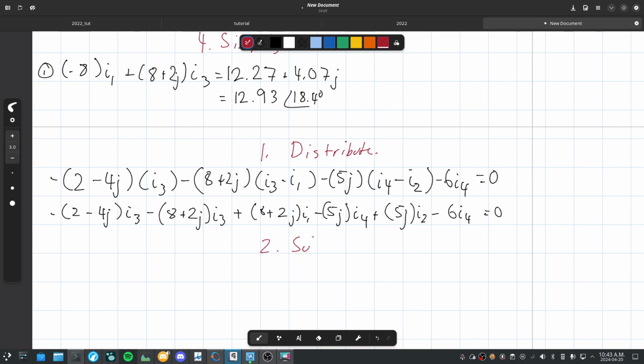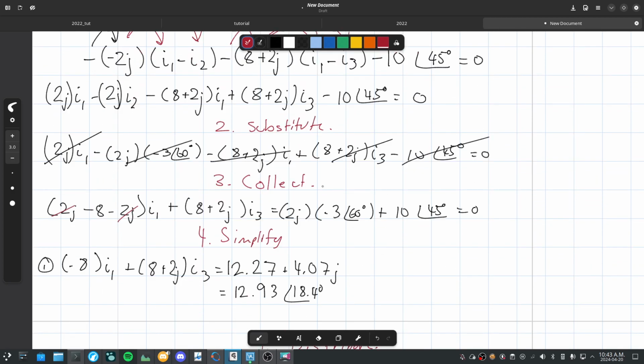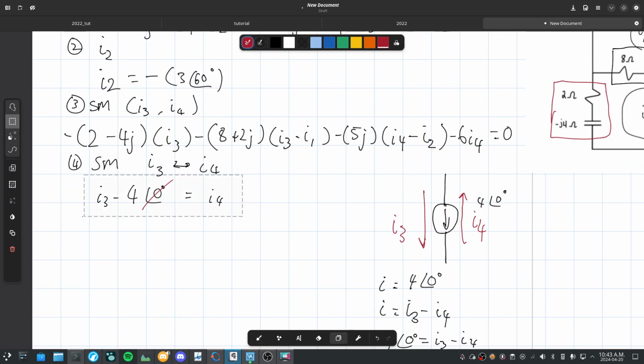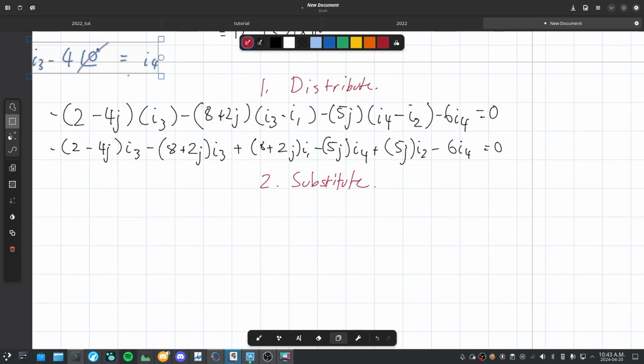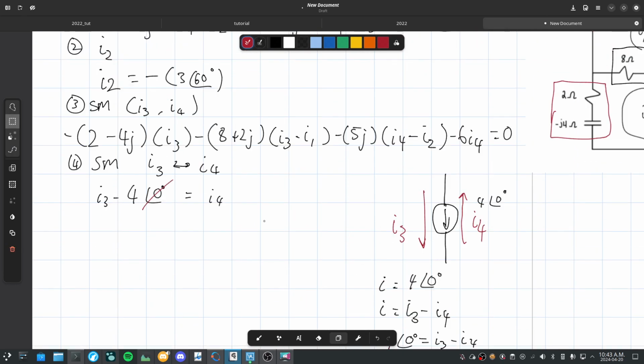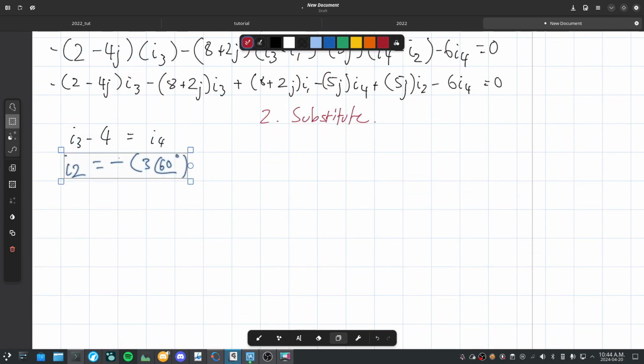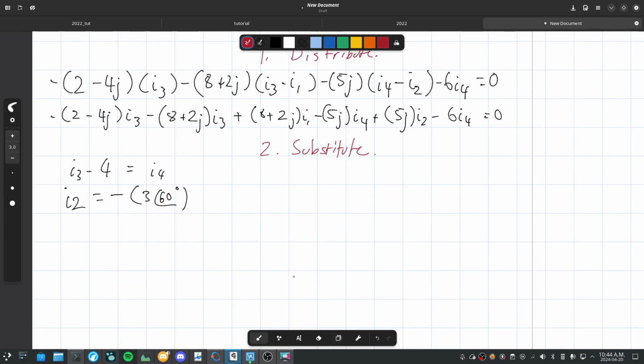Second, substitute. So what do we have here? This. Let's copy this down. We also, do we have I2? We do have I2, so we're going to have to substitute that in as well. Let's grab our I2 here, copy, paste. So these are our 2 substitutions. So the I3 isn't going to be replaced here. Negative 2 minus 4j I3